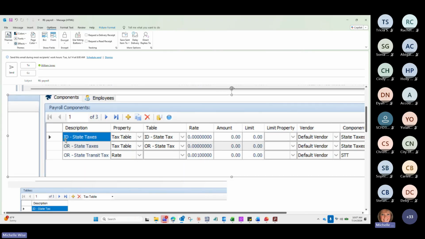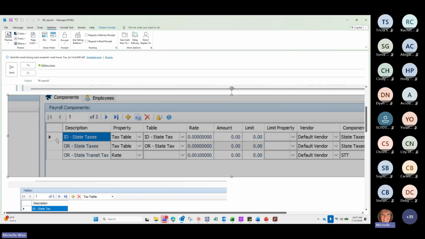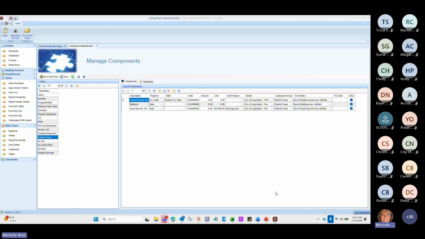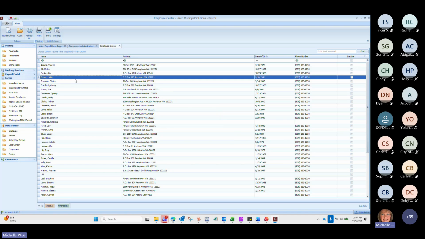So you would put in the information of Idaho, space, dash, space, state tax, or Oregon, space, dash, space, state tax, and these will populate in for the state taxes for the employees that are assigned to them. Of course, we all know that when we're talking about assigning state taxes, there is a state tax setup in the employee record. So in our employee record, we're going to go to